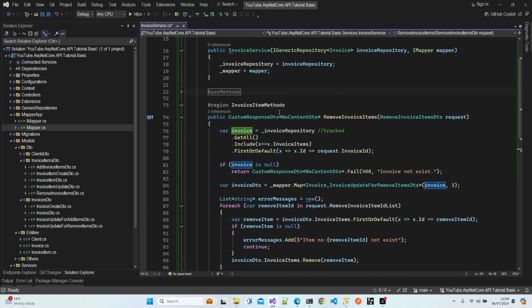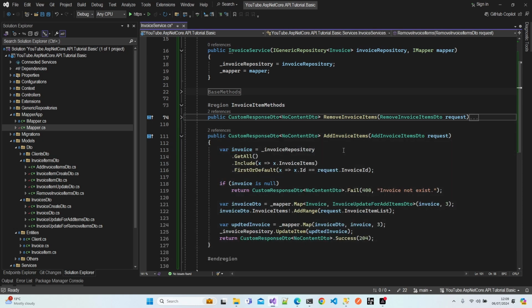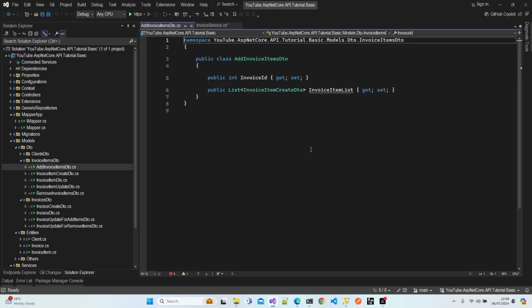Alright, let's close this method and let's continue with add invoice items. This is much easier. Okay, so I created another DTO. We are sending the invoice ID just in case we would like to add new items. So we are adding an invoice item create DTO list, and we're going to send new items. All right,